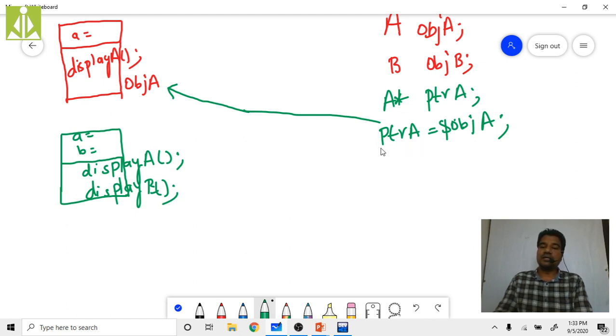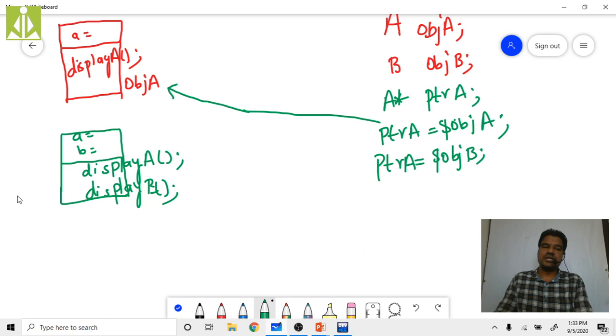But if you do like this, ptr A equals ampersand obj B. So the pointer of A class is pointing to the object of B class. So now you can access the data members from the B object.